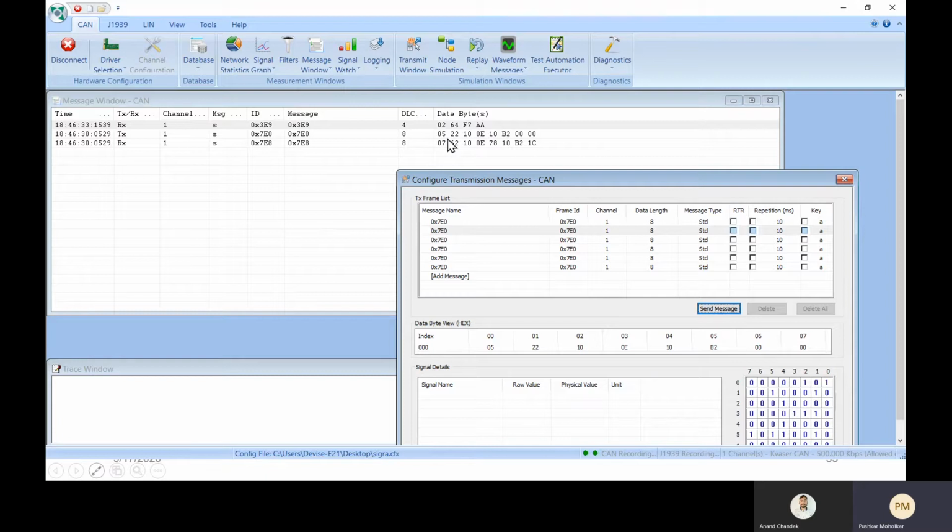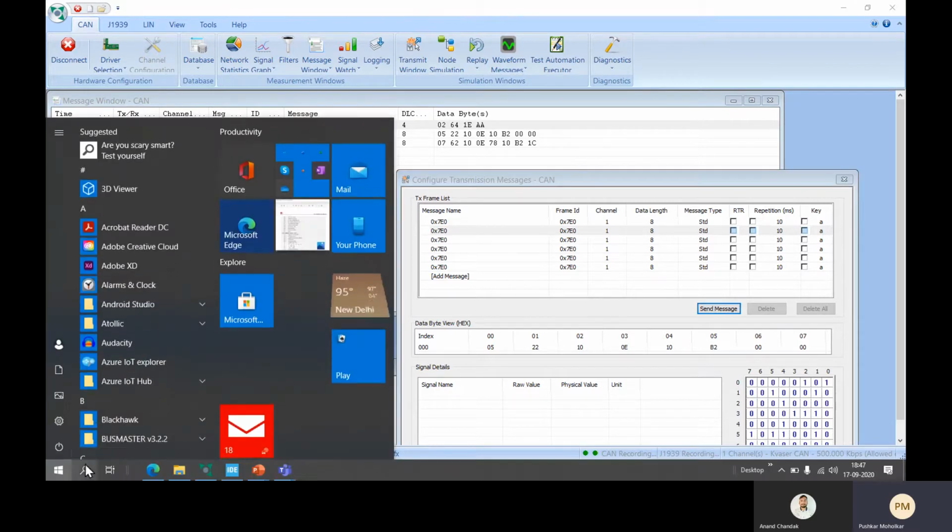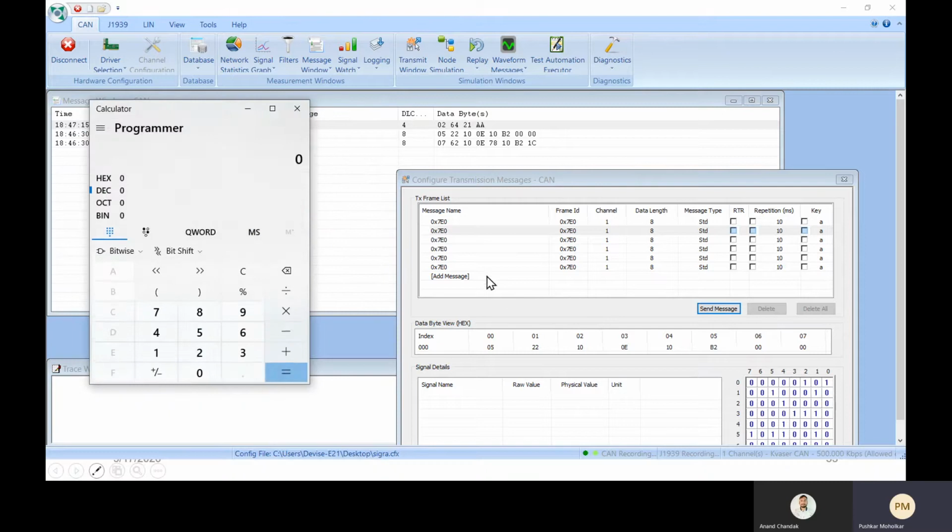As you can see, this was the original message that we sent for querying the values, and this is the response we have received on the 0x7E8 CAN ID. The zeroth byte tells that there are 7 bytes following it. 0x62 means that it is a positive response. Then 100E is the first data identifier that we have queried. Then 78 is the data parameter that we have received for battery voltage. So let's convert this value and see what it means.